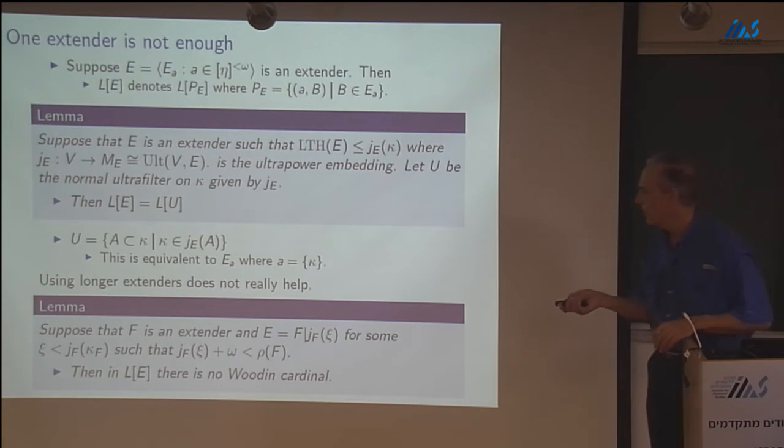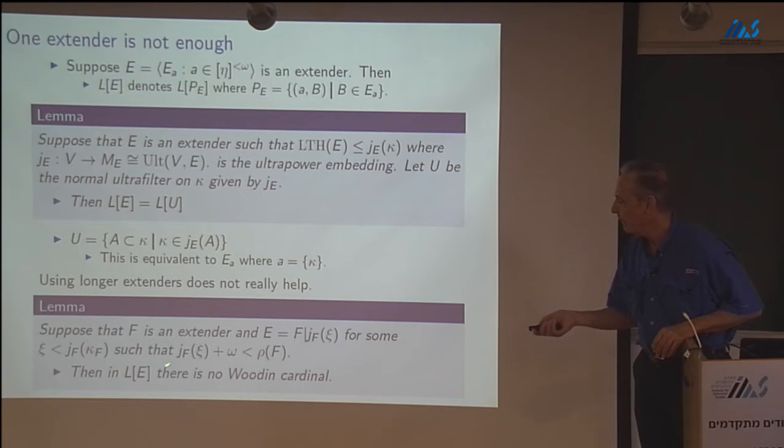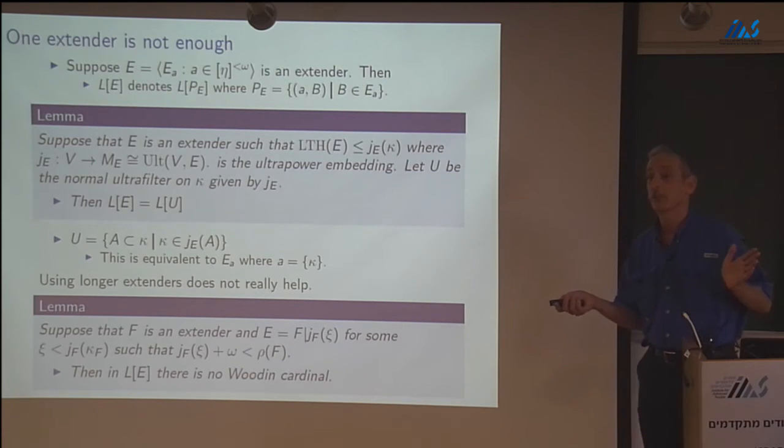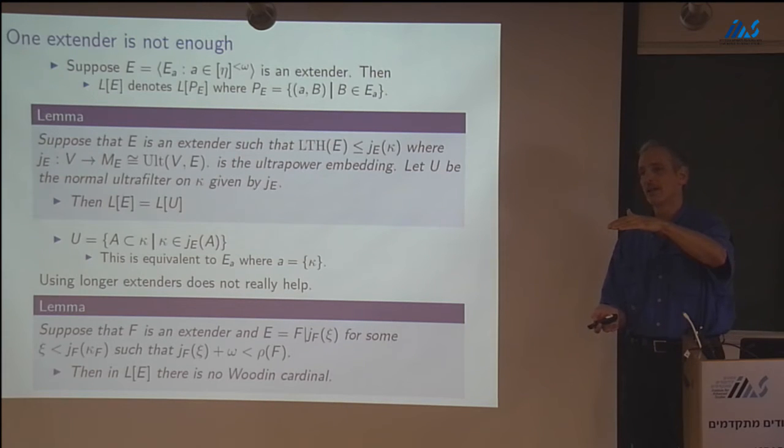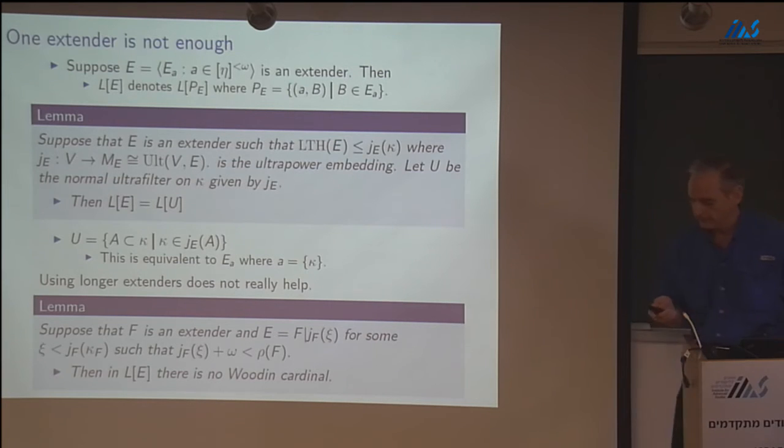Now you might quibble about why am I requiring that E be the restriction of this extender to something below its strength. If you relax this condition, then you can code anything up you want. You always want to work below the strength of the extender when you construct. Otherwise, terrible things can happen. Okay, so those are two theorems that tell us that you can't use one extender.